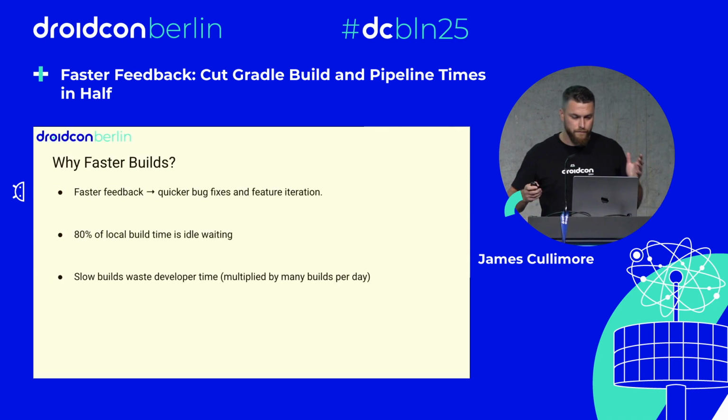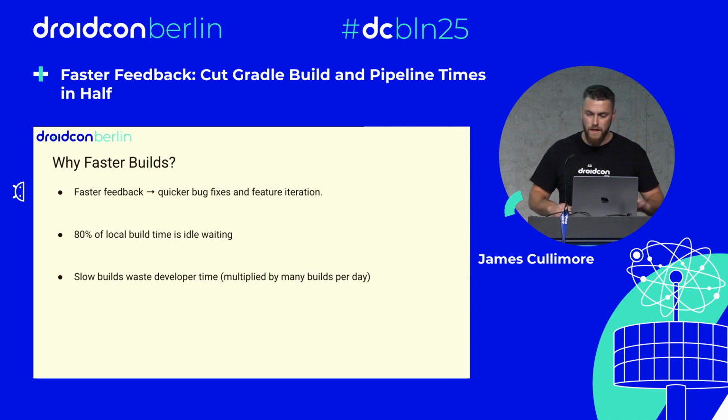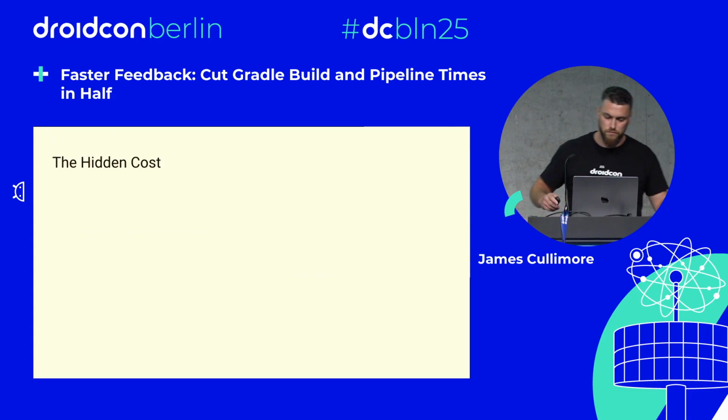But on a more serious note, why faster feedback matters. We all want faster feedback and less context switching. Nothing's better than finishing your tasks for the day or sprint and moving on to some more fun stuff. One of Gradle's articles stated, we assume 80% of local build time is wasted, especially when it's under 10 minutes, because it's not worth the context switch. That means thousands of developers are sitting there, pretty much just watching the tiny progress bar in the bottom right-hand corner. It's wasted time, and no one benefits, especially considering how often we build each day. Just gotta make sure everything's running right.